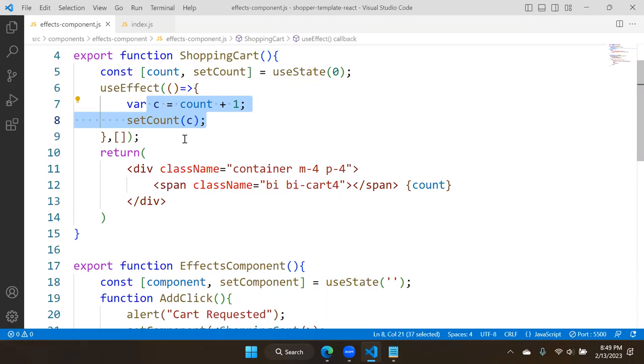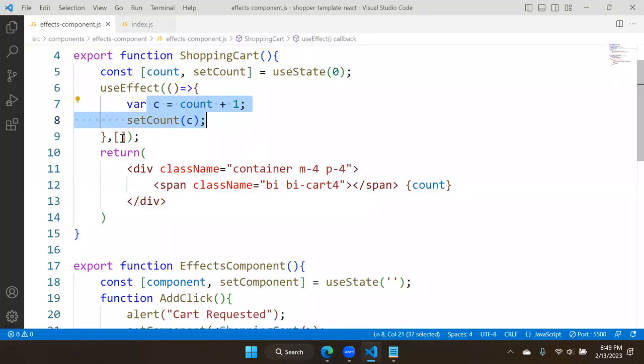That means now what we are defining here, I click on that and I say cart requested and it is 1. I click again, cart requested, and it is not 2. I click again, cart requested, it is not 3. Because it doesn't know the dependency, how many times will it execute? Only once. Now how to tell the dependency? Dependency is nothing but, here we will say that,